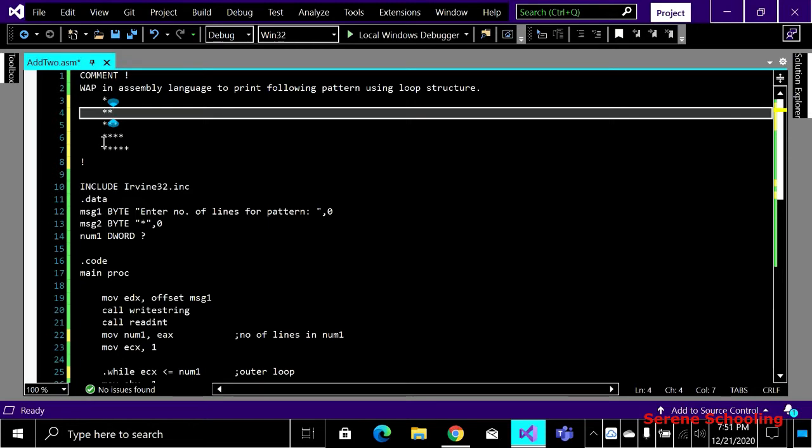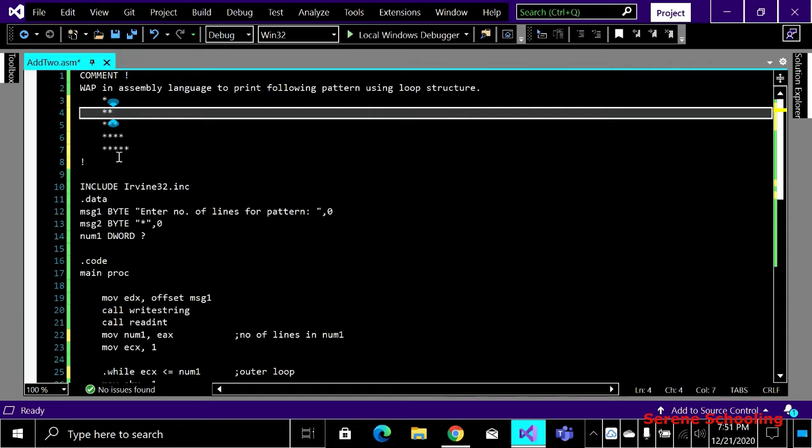So it tells us one thing about the loop: the number of columns must be equal to that particular row number. Like in row number 4, I must have 4 columns. If suppose the user wants to print 6 rows, then in row number 6 I must have 6 columns. So this is what we have learned from this pattern.